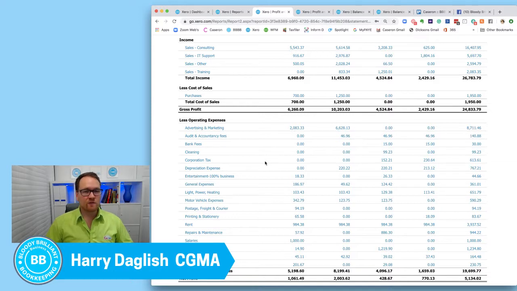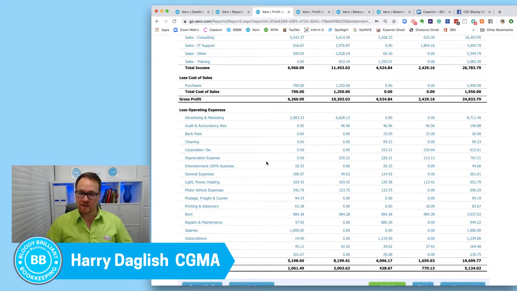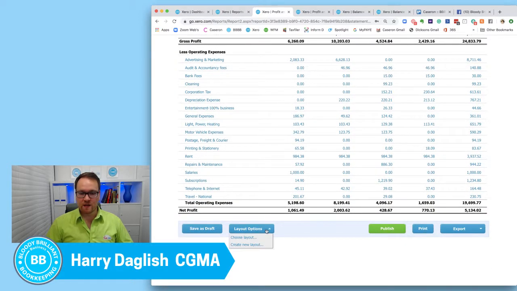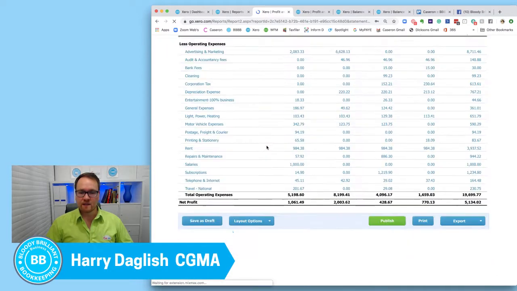So I'm just going to share with you a custom report on how to access these. So if you haven't set one up, if you go to layout options and you go to choose layout, it will give you the option to change your layout, or you can create a new one. So if I go into here, I have no layouts to actually choose from. But if I go into the option to create a new layout,